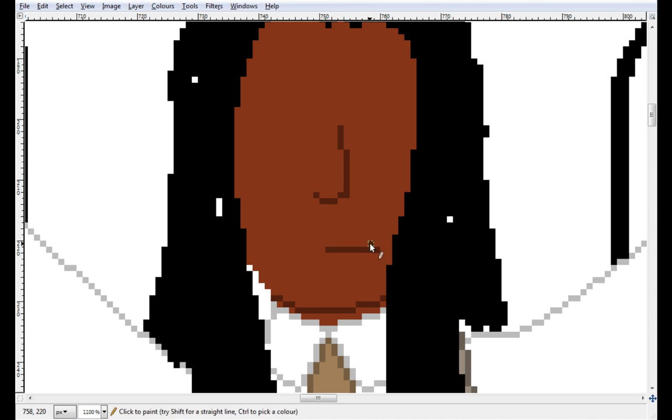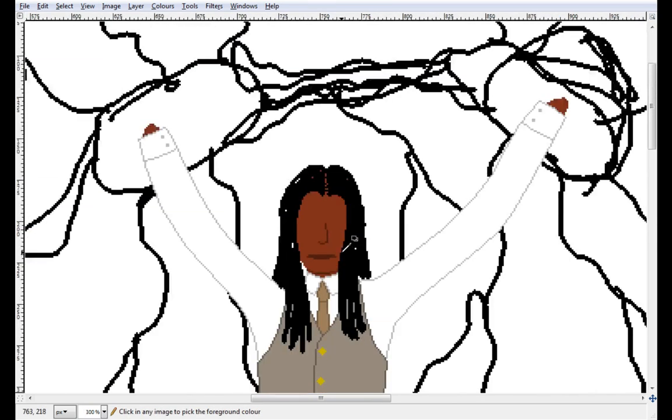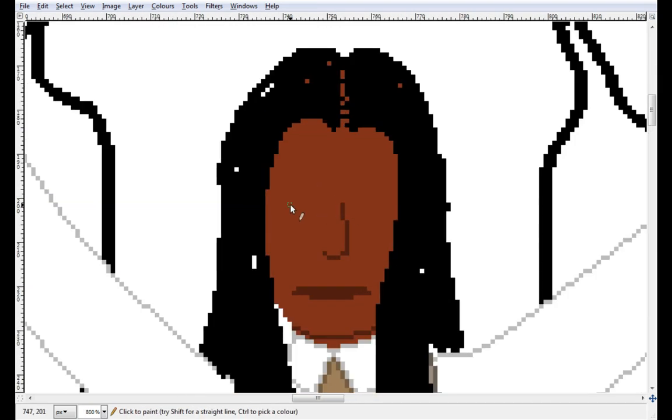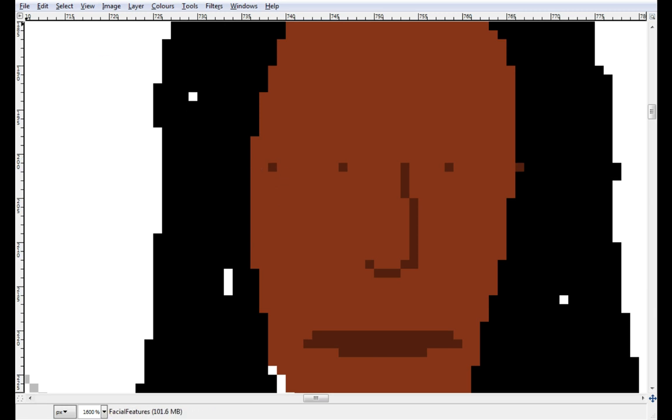And I'm gonna make his mouth sort of flat and featureless for now. We can add more features later. And just add some guide dots really for the eyes. And then I'll just sort of freehand something